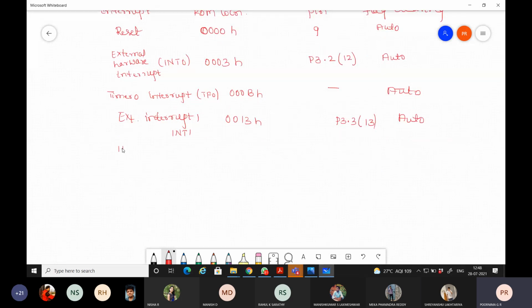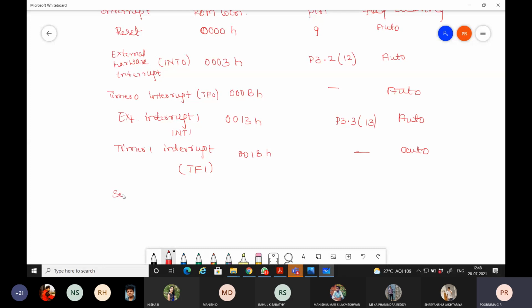The next interrupt is the timer 1 interrupt, represented as TF1. Its location is 001BH, there is no pin associated, and the flag clearing is automatic.